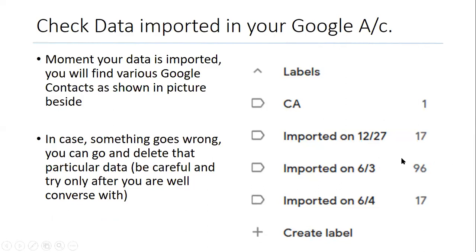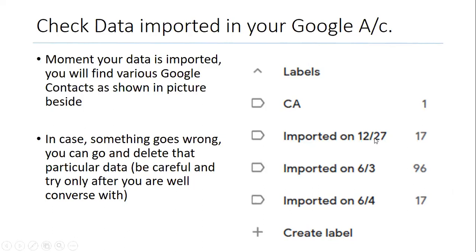The moment you import that data, you will get the data like this. See, this morning I imported the membership data of 17 members, so it is showing June 4, 17 contacts. Suppose it was only temporary. The moment I added all 17 members to that WhatsApp group, I can immediately delete these contacts if I don't want to increase the contacts in my phone. So once my work is over, I can go to my Google contacts, click here and delete the 17 contacts again.